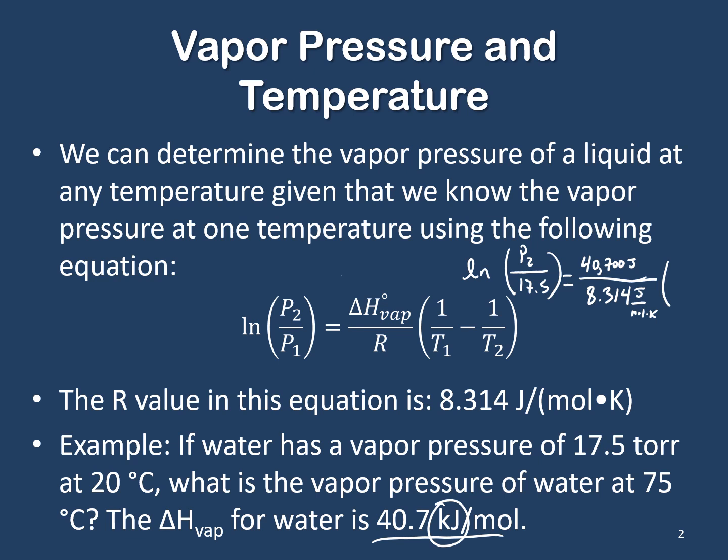so that they cancel. And then I'm going to do 1 over my T1, which is the 20 degrees Celsius one. So that's 293 Kelvin minus 1 over T2, which is my 75 degrees Celsius value. So we have to convert that to Kelvin. 75 plus 273.15 gives me 348, and then we subtract, right? Now, this is our situation. I'm going to calculate all of this to start on the right here, and I'll get that the natural log of P2 over 17.5 is equal to